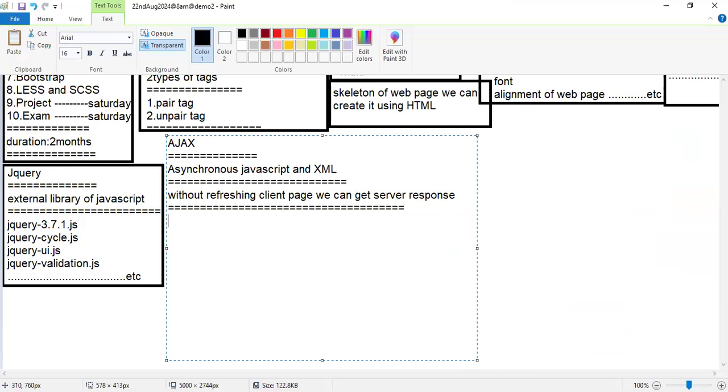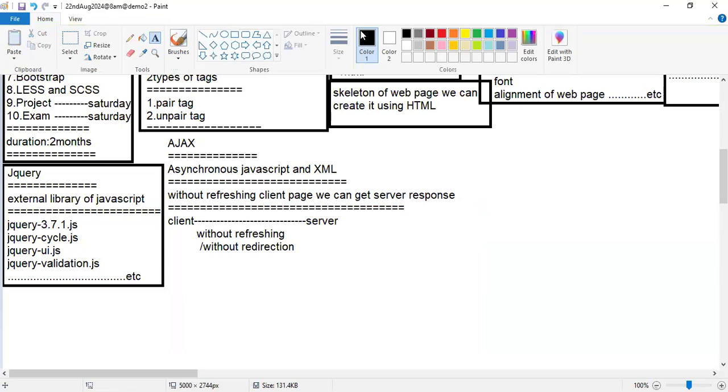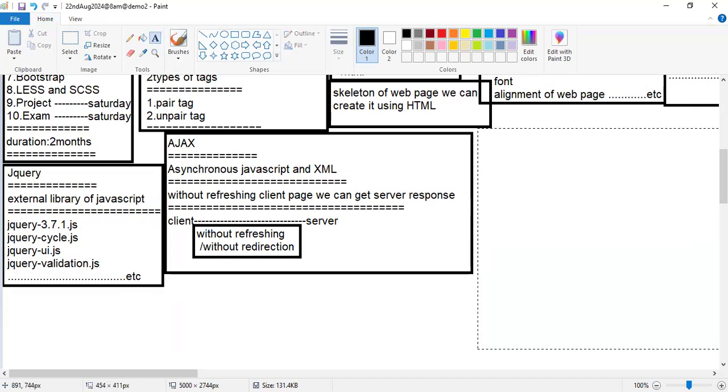So in an Ajax call, the client will send the request to the server. Without refreshment, without redirection, if you get output, that is Ajax. Without redirection, if we get the server output, that we call Ajax. I'll explain how to create chatting window type applications using Ajax. Without redirection, without refreshing, how to get our output, that you will understand under this Ajax. Next one here,